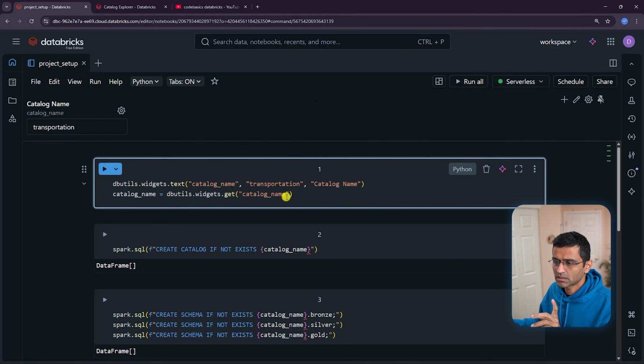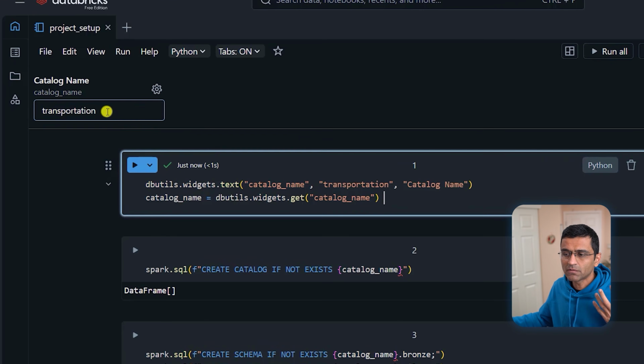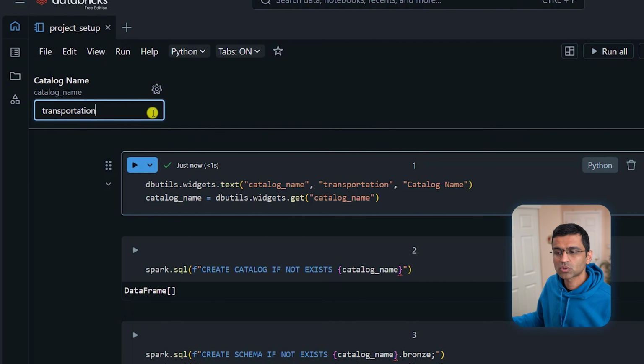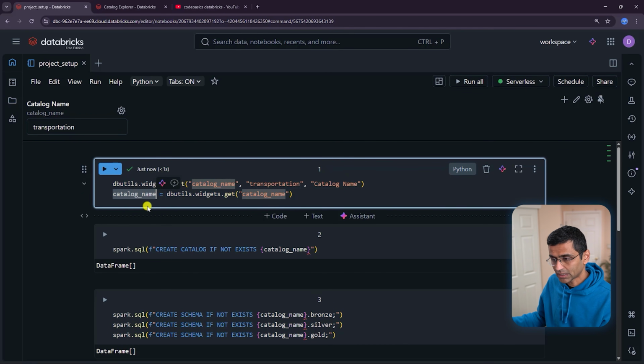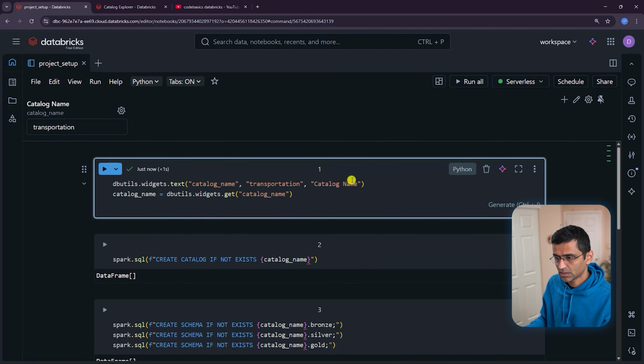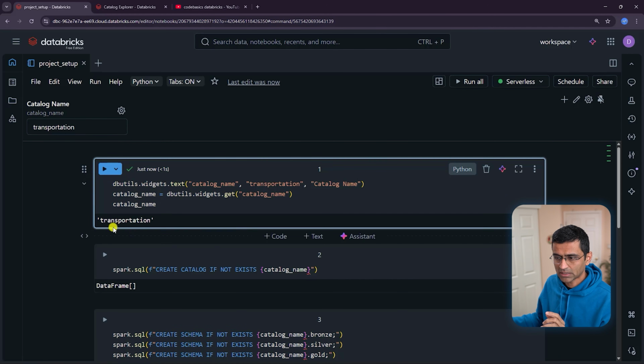And the first line here is taking the catalog name. So let's say Control Enter. We are creating a widget here. So if you want to change the name of the catalog, you can change it here. And by using this function, it will get that name there. Okay. So when you print this name right here, whatever you have given in the widget, it will